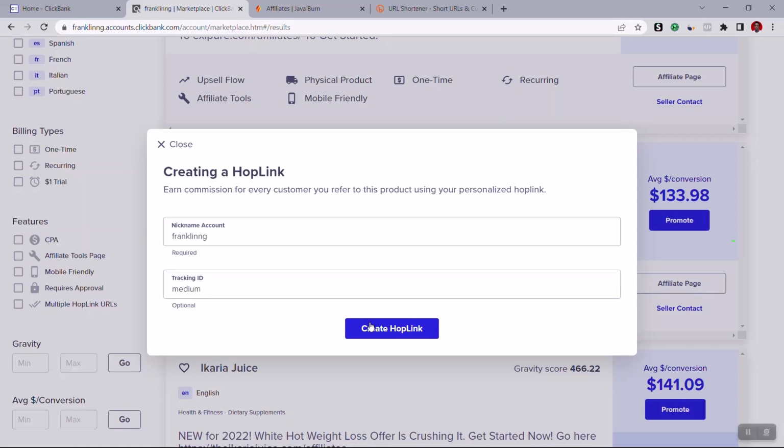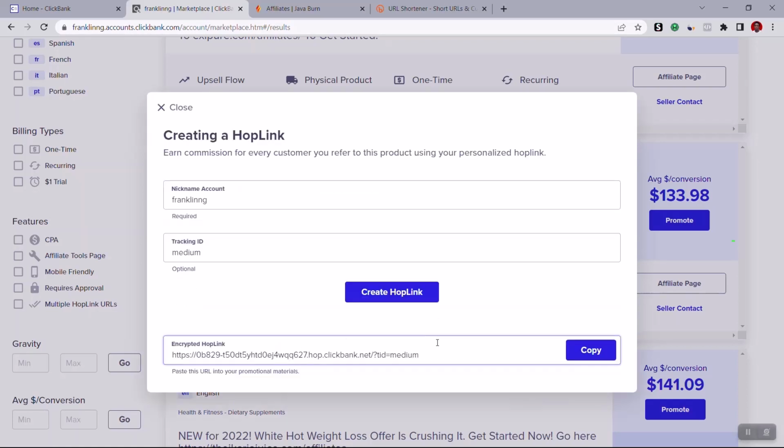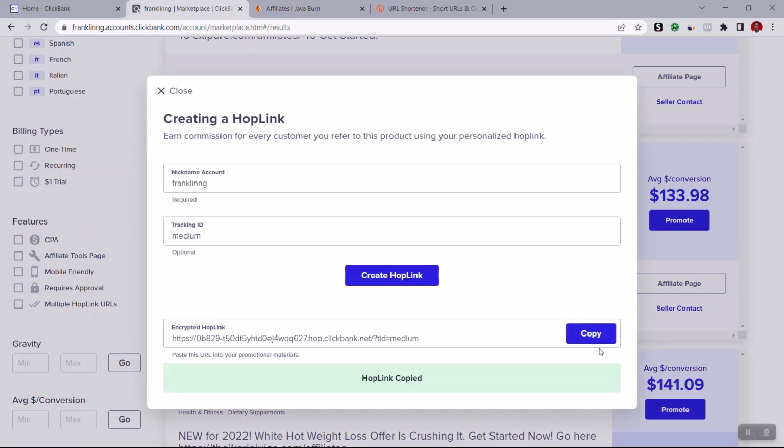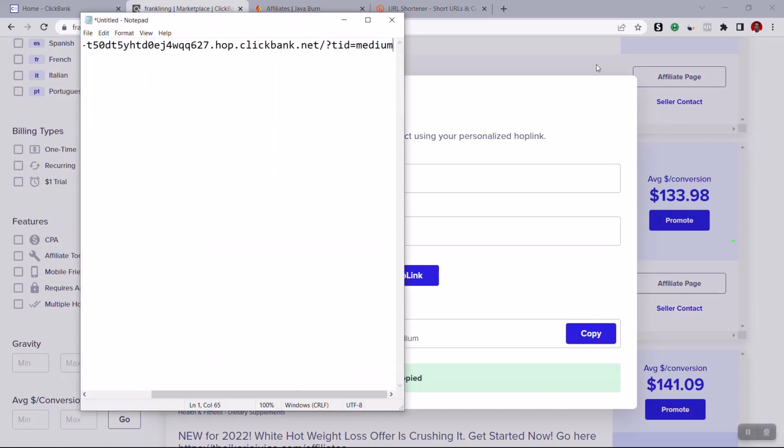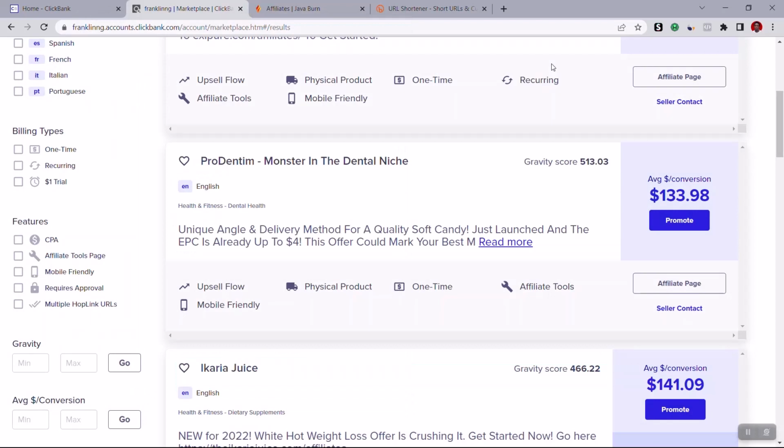Okay, so once you do all that, just click on your create hop link button here to get your affiliate link. Now, once your link comes out, you just need to click on copy so you can save it on Notepad or somewhere else. Now, once you come here, I just paste it on Notepad here, so I can just close this. Okay, so what we can do here is to open the affiliate page